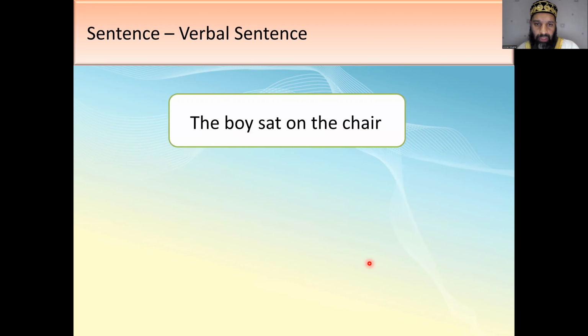Right? So we just give this example here. The boy sat on the chair. So the verb is to sit, sat. Who is doing the verb? The boy. So the boy is marfu. What is the verb being done to? So the boy is sitting on the chair. So the chair is mansub. So I give this sort of a pseudo English example so that you can see what's going on,